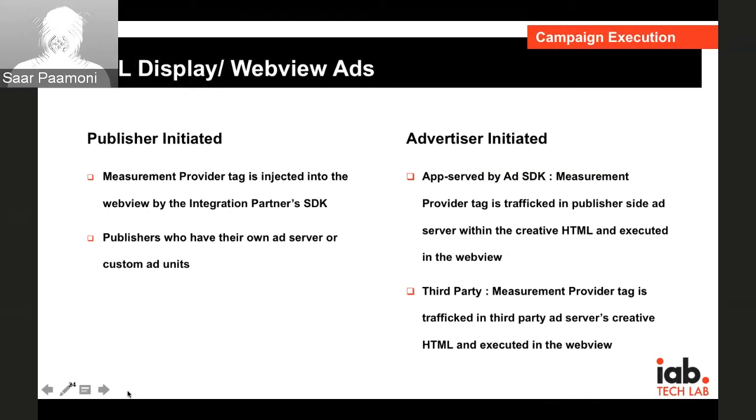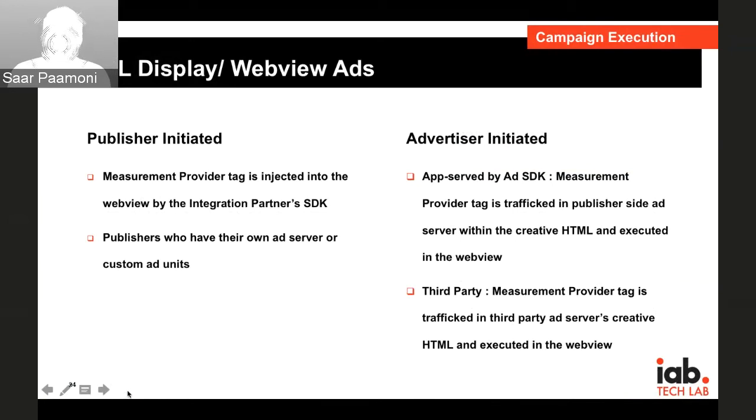The most popular, I believe, will be Ads SDKs, or what we call integration partner SDKs, large entities that are embedded in many apps that would have Ads SDK, OM SDK within them, and are responsible for injecting the measurement tag into the web view where the ad is executing, where they will be able to communicate with